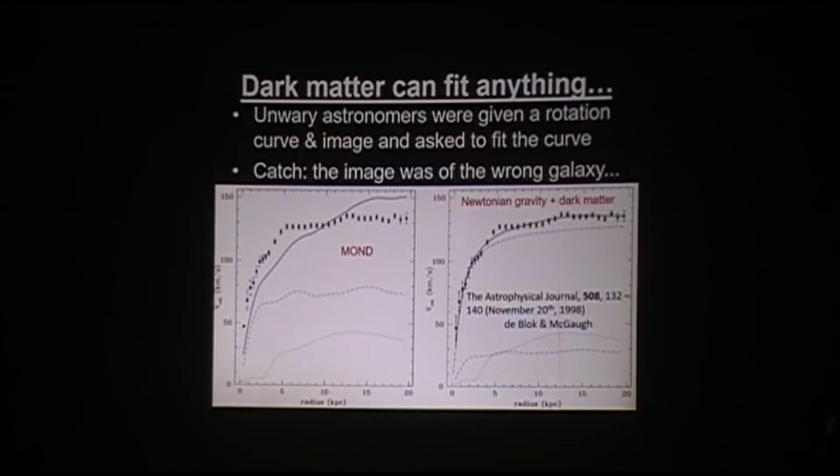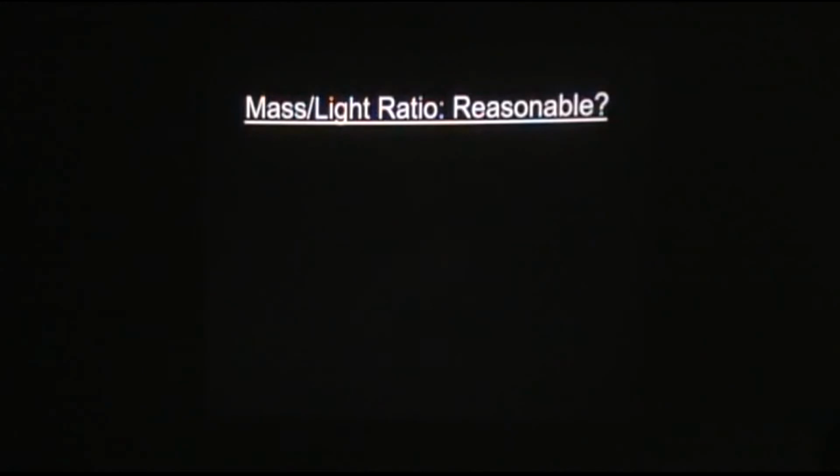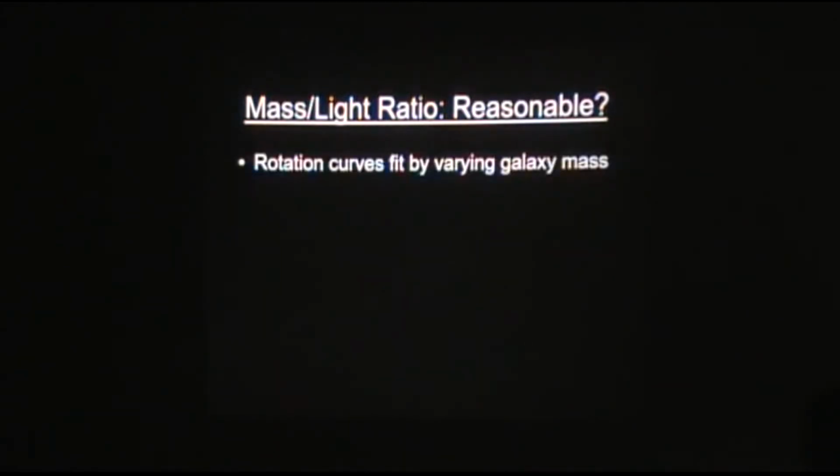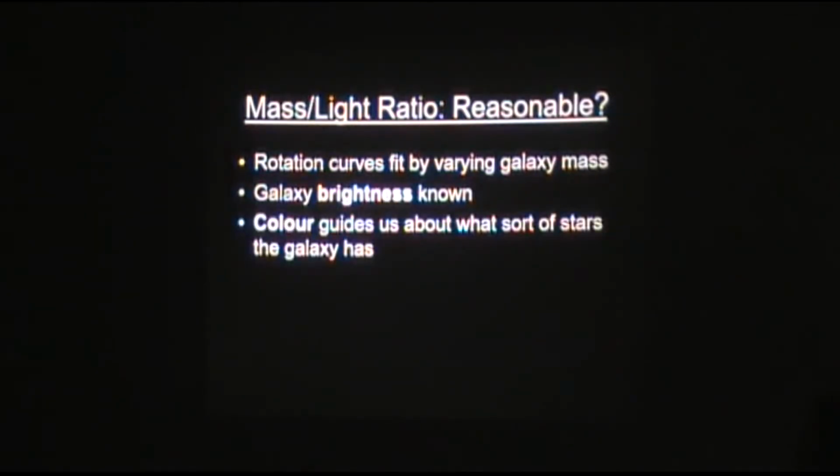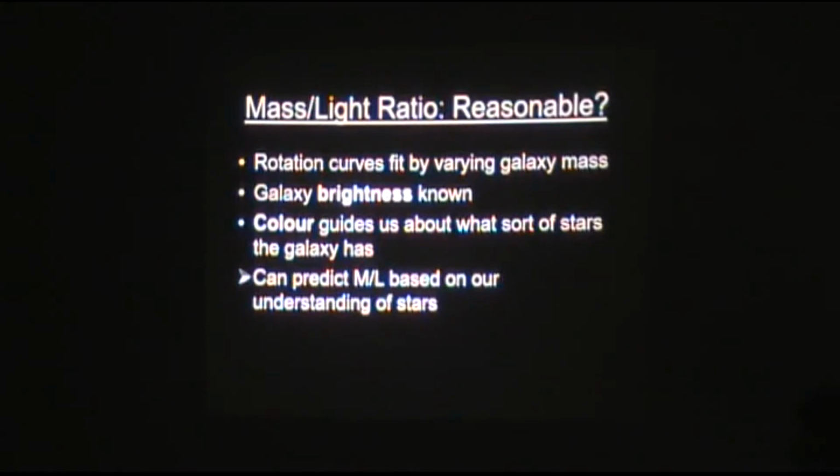That's because of the large amount of freedom with the invisible dark matter, which could be just about anywhere, right? So the thing that is adjusted in MOND a little bit is the mass-to-light ratio. You only really see the light, so you have a bit of flexibility here. The important thing is that the color is necessary to tell you what sort of stars the galaxy has and what the ratio is between the mass and the luminosity. You can do that based on the local solar neighborhood, where you can see pretty much everything. You can predict the mass-to-light ratio if you know how stars work and what color the galaxy has.